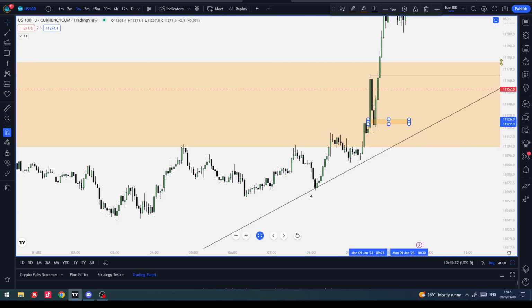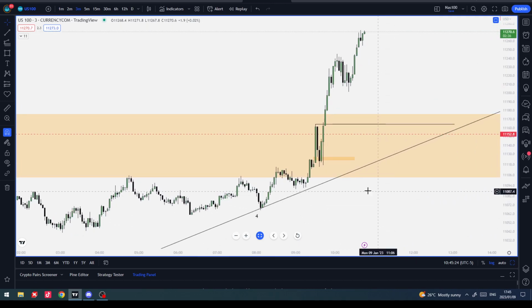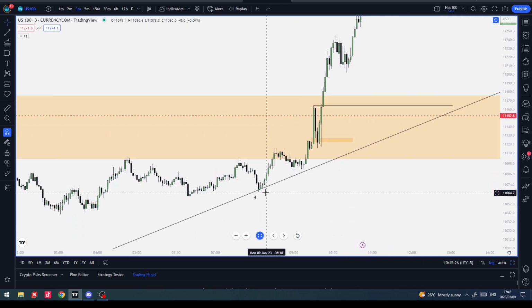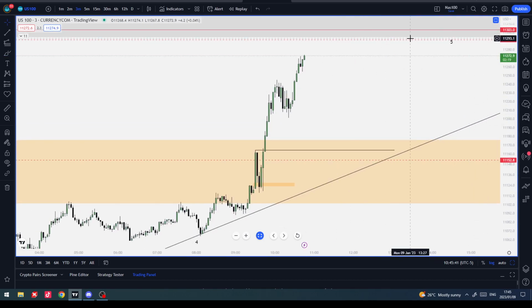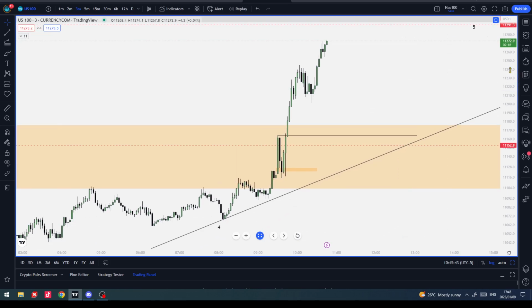Right, so this is where I bought based on the fact that if this is a wave 5, then we want to see price go higher. It shouldn't go below the 4, and then this is starting to look like a wave 1 of wave 5. So wave 1, 2, and then 1, 2, right? So if that's a 1, 2, then technically it shouldn't go below here either. So I bought in this FVG here, targeting 11,291. Price is approaching there.